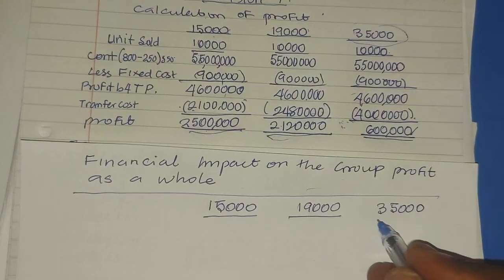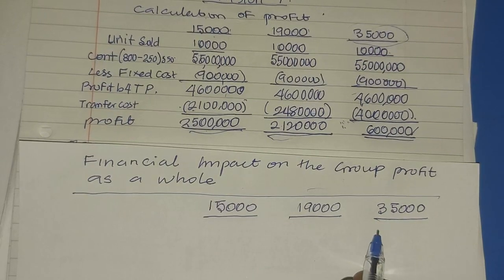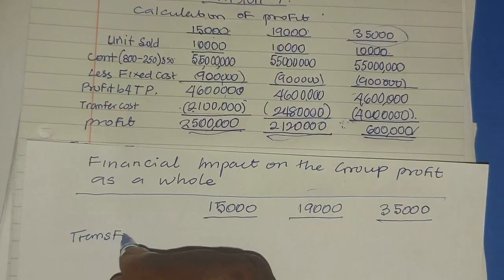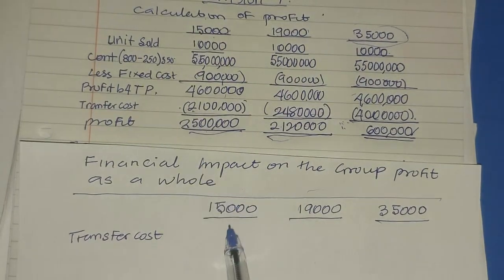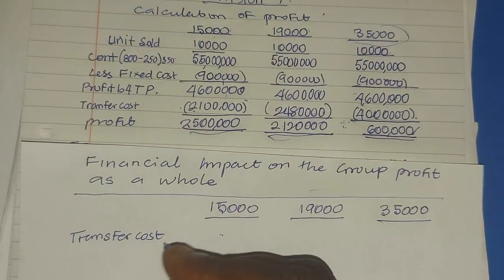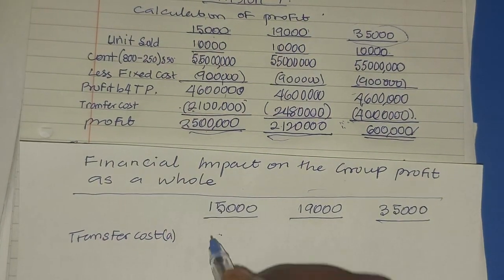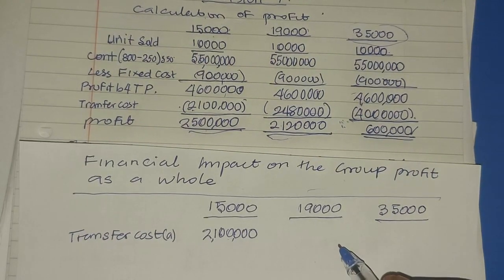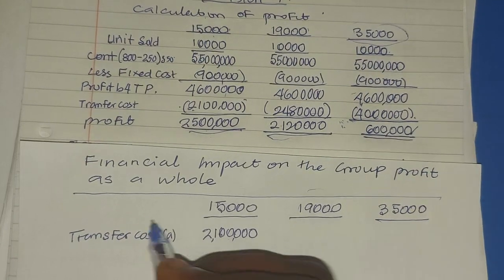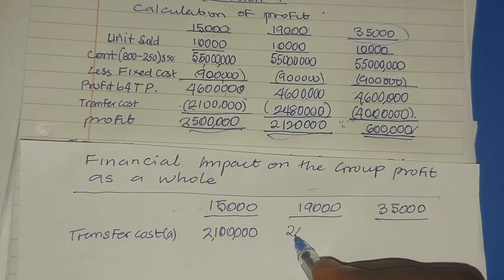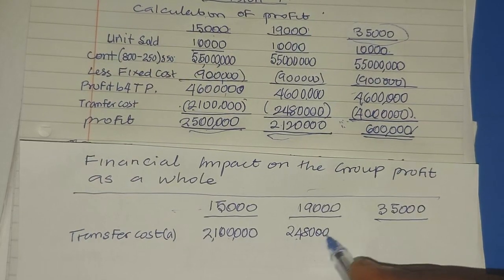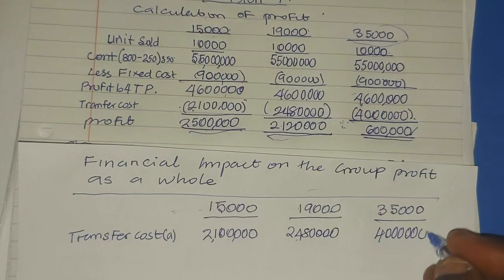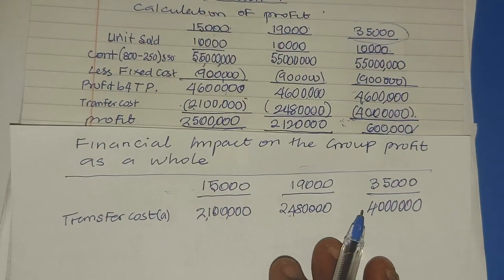So at these levels of demand, you are going to look at the transfer cost. From A above, the transfer cost at this level of external demand is 2,100,000. At the next level, the transfer cost was calculated to be 2,800,000. At the last level, the transfer cost is 4 million. But if the policy is ignored,